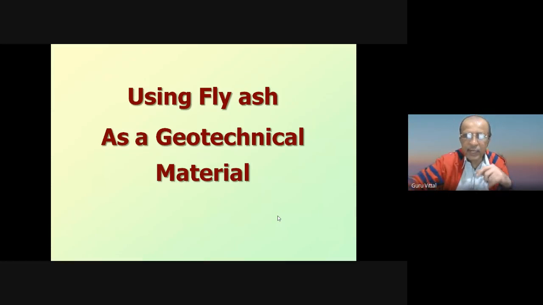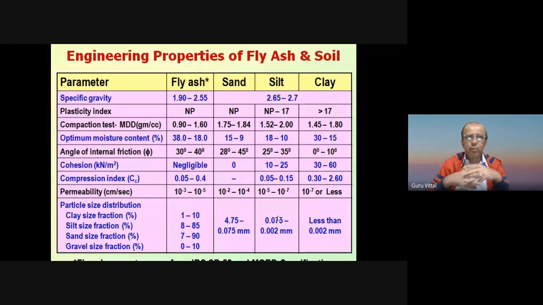So how do we go ahead with that? This slide I have put to show the comparative properties of the fly ash along with 3 different types of soil particles, that is sand, silt and clay. Specific gravity is much lower for fly ash particles. Why will the specific gravity be lower? Because when the fly ash particles are formed, they may contain an air bubble inside. So that is why the specific gravity of the fly ash particles itself becomes lower when compared to the specific gravity